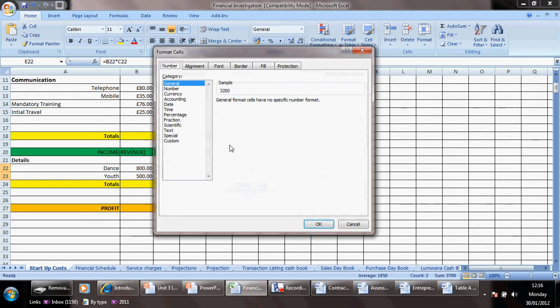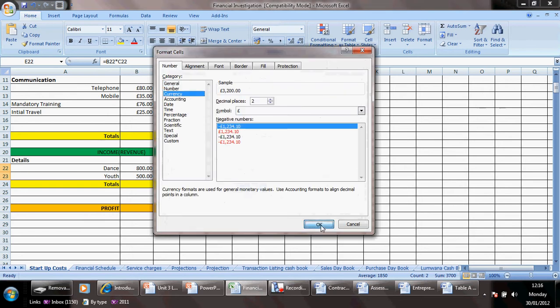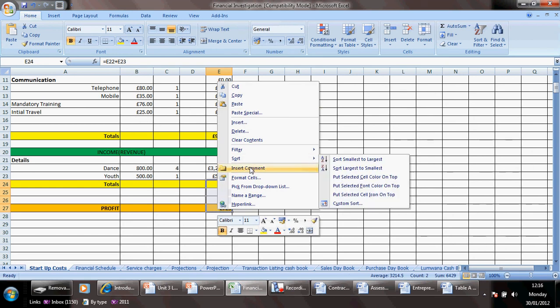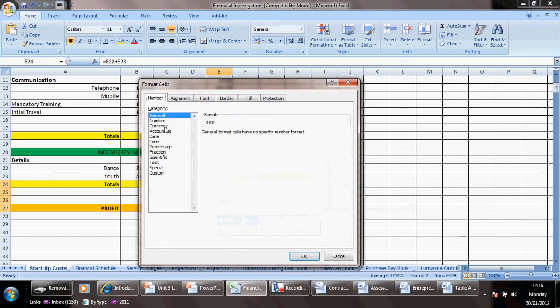Per unit. And once you are set with this, I'm just repeating currency. They expect that much payment in 4 sessions, and that's what they get in total on the dance and the youth clubs. So in the first month, they expect to make 3,700 pounds. Now, once you do that, you should be able to calculate